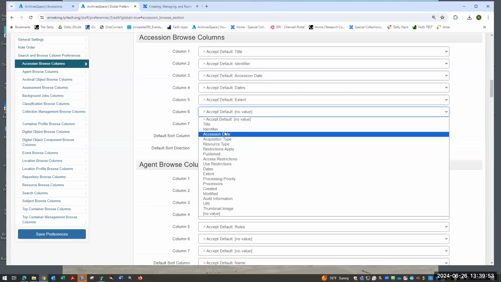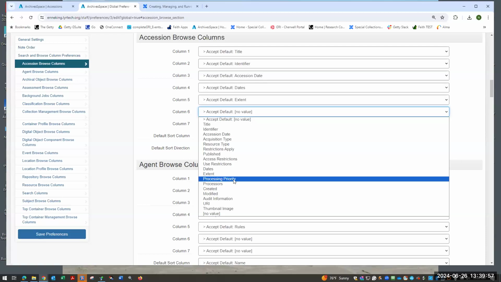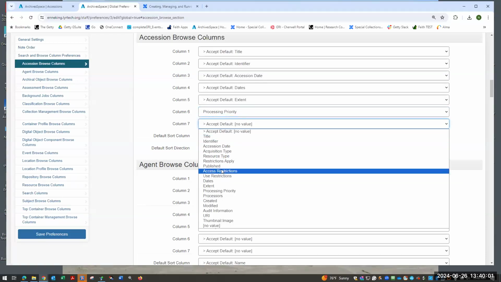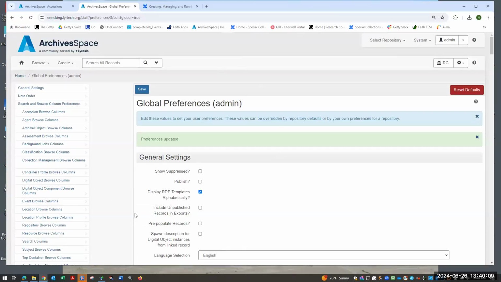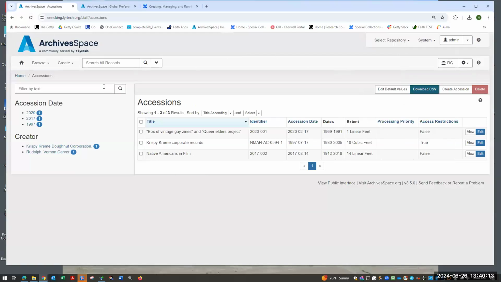In this case, I could add some additional information. So if I wanted to say what was the processing priority, and then if there are any access restrictions, which probably just means is the checkbox clicked or not, I could save this. And then if I come back over and refresh my screen, now you can see processing priority and access restrictions are also there. If I then download the CSV